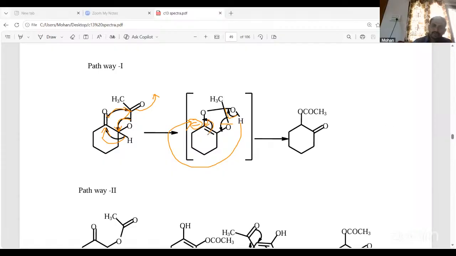Now you see, earlier in this particular keto ester,